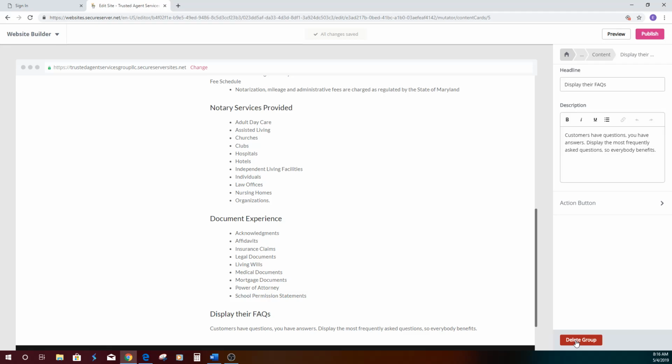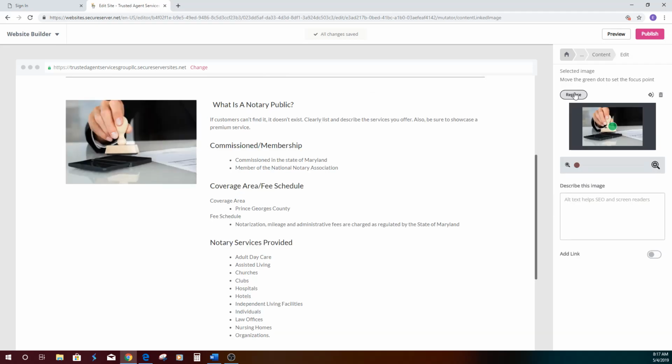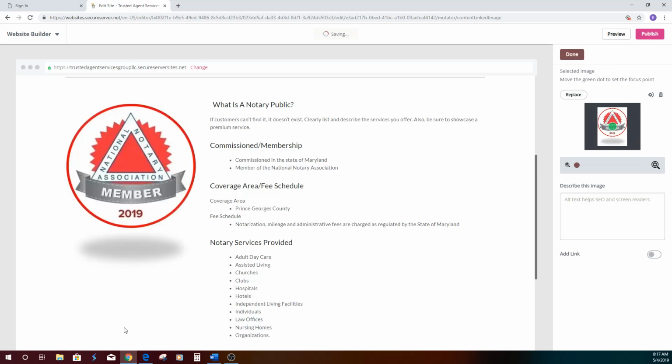And I'll come up here and tap on replace. I will select from my uploads. Tap there on the National Notary Association membership, and it appears. And I see that it's saving it. So